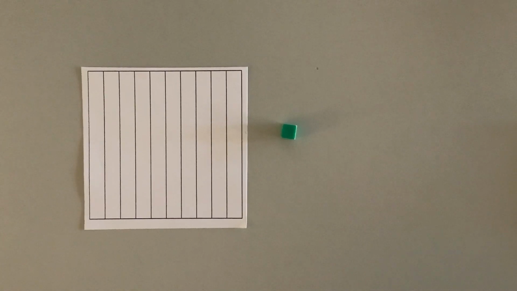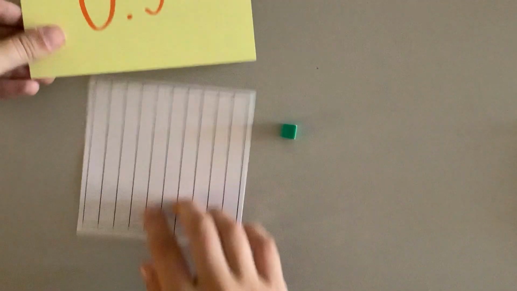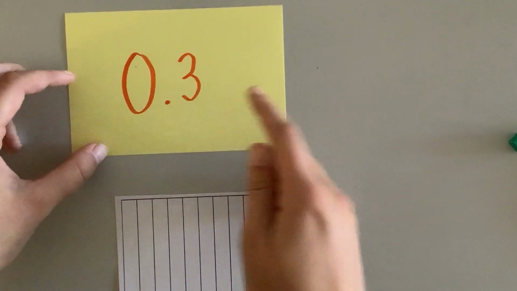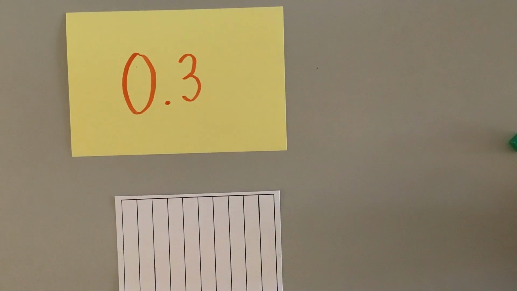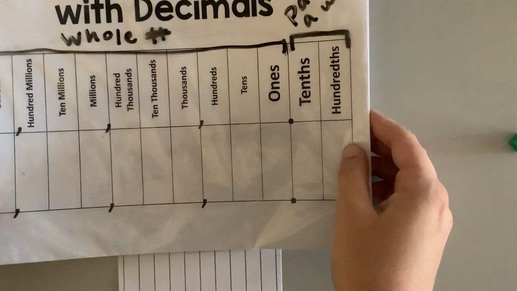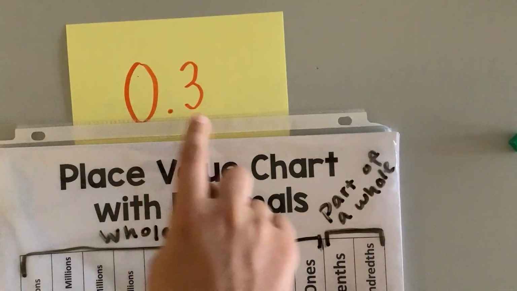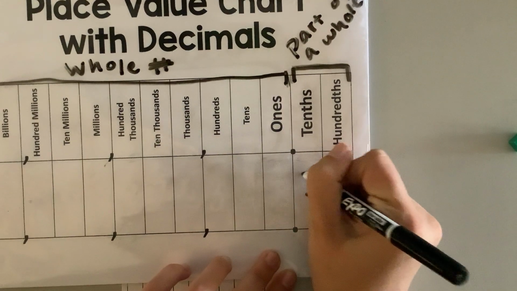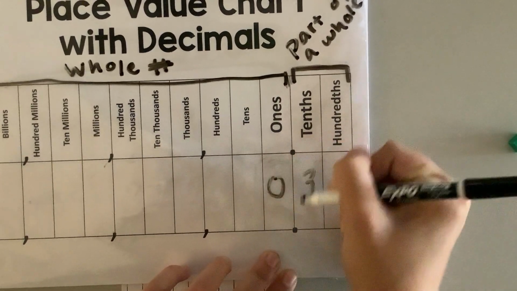So if I have the number 0 and 3/10, remember, we know that is 3/10 because if we were to look at our place value chart right here, that 3 is only one place after the decimal, which is our tenths place. So we would say this number is 0 and